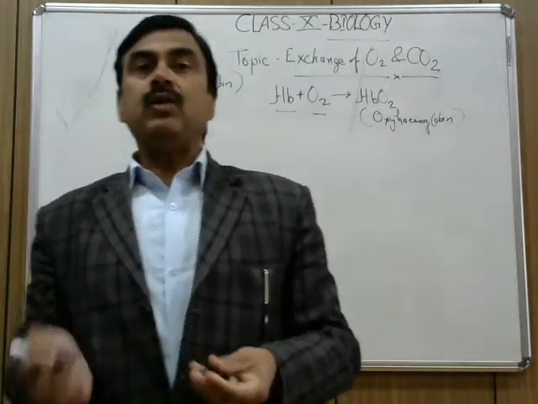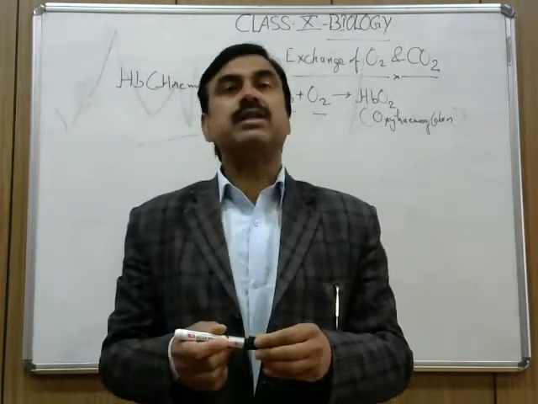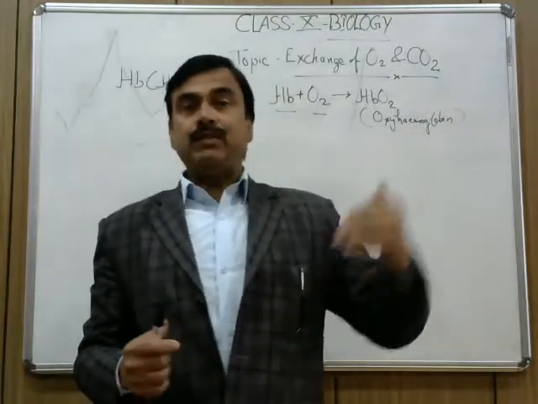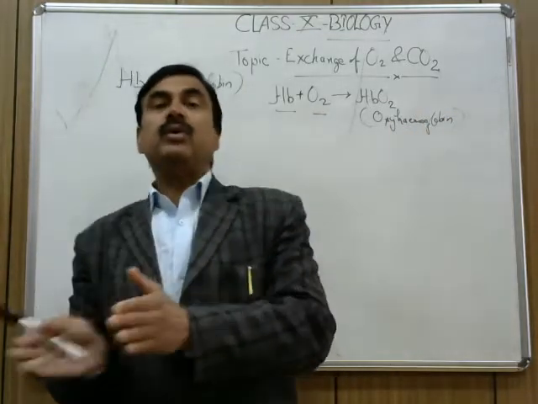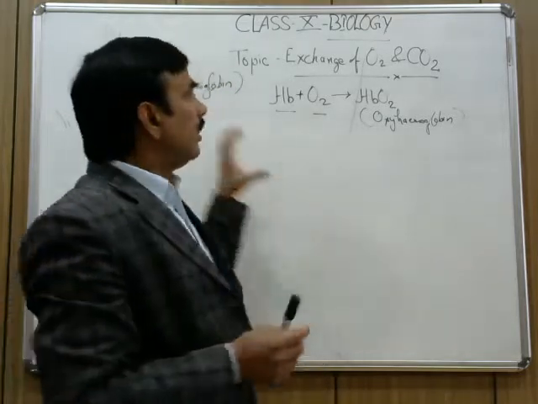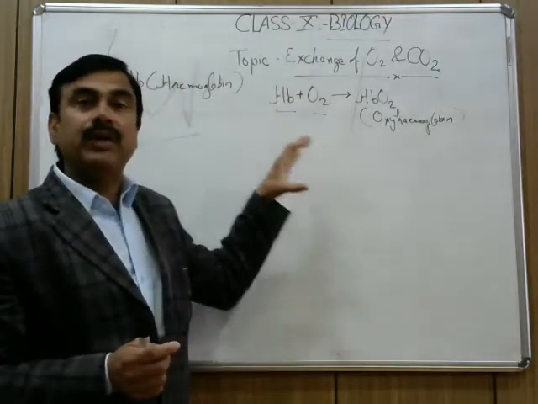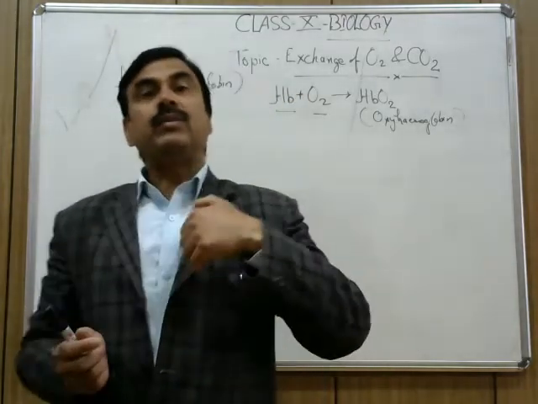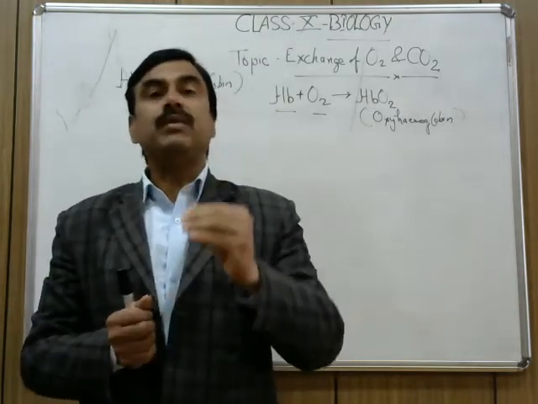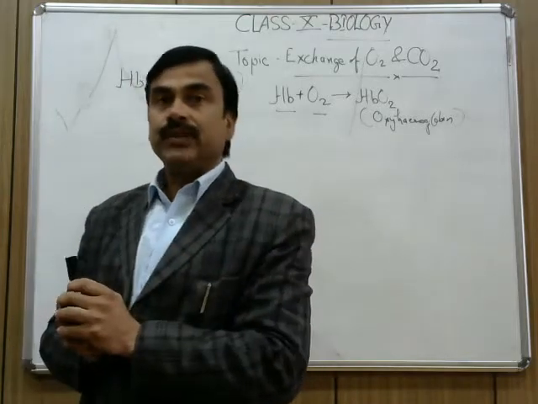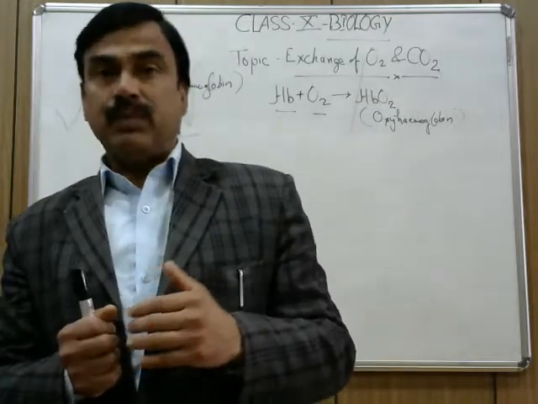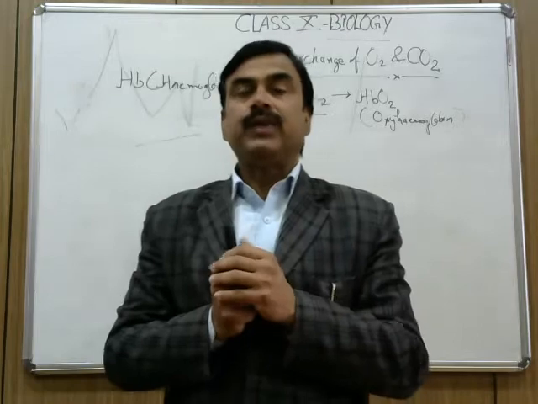So when we look at the human respiratory system, we can explain the transport of O2 and CO2 by two methods. Number one, the hemoglobin pigment, which carries from one place to another place. The transport of O2 and CO2 is done by the hemoglobin pigment. Got my point? On the other hand, there is another way to transport oxygen in our body, that is